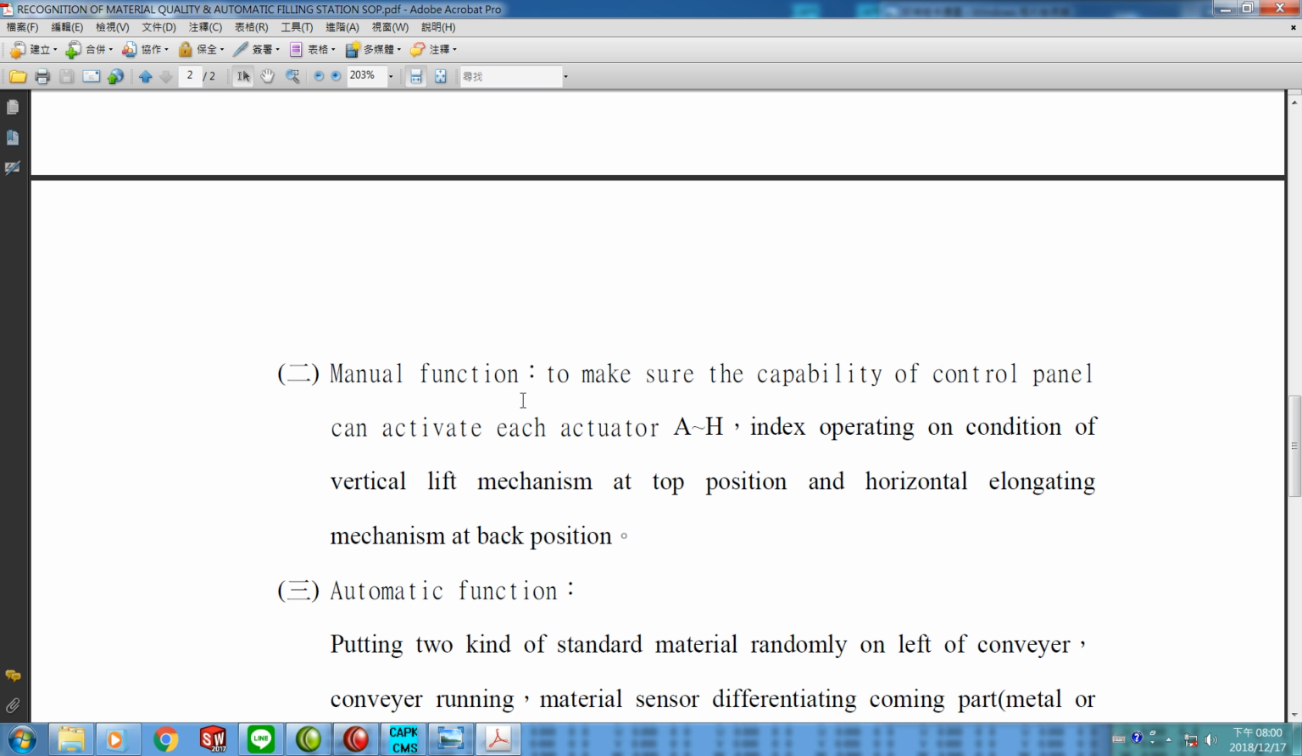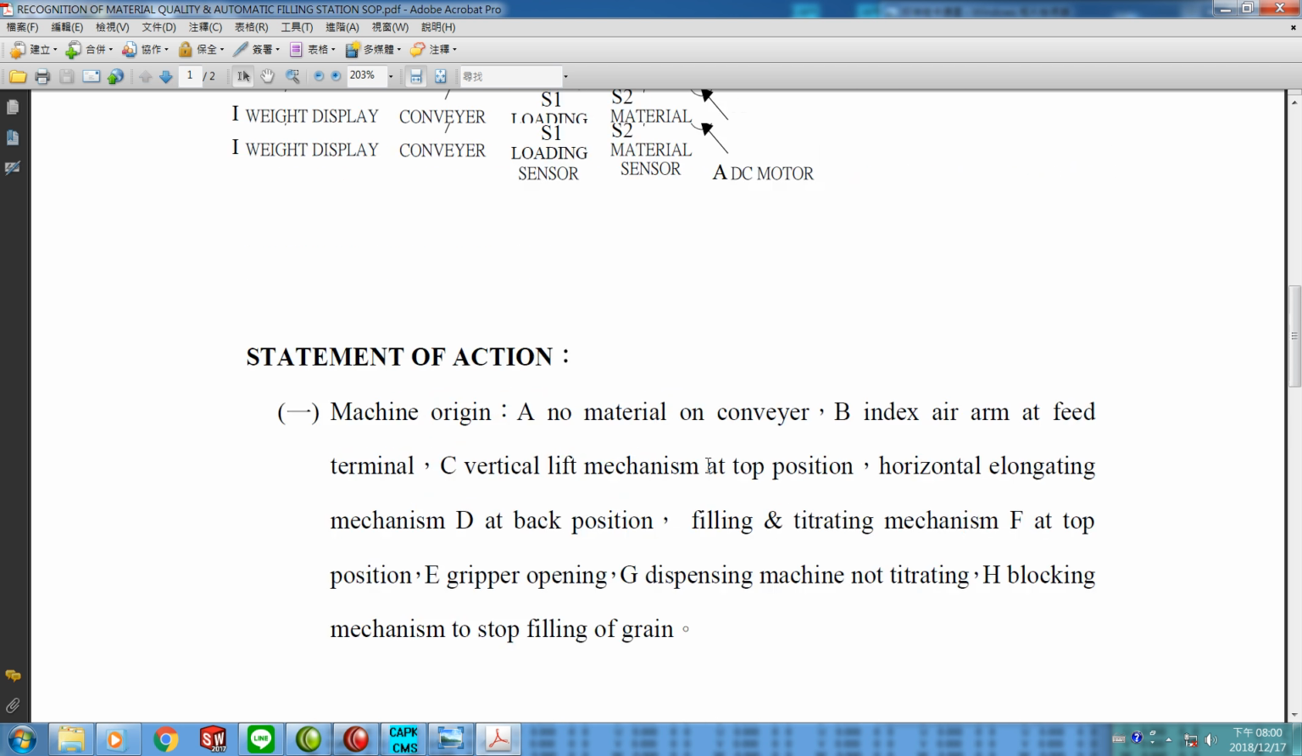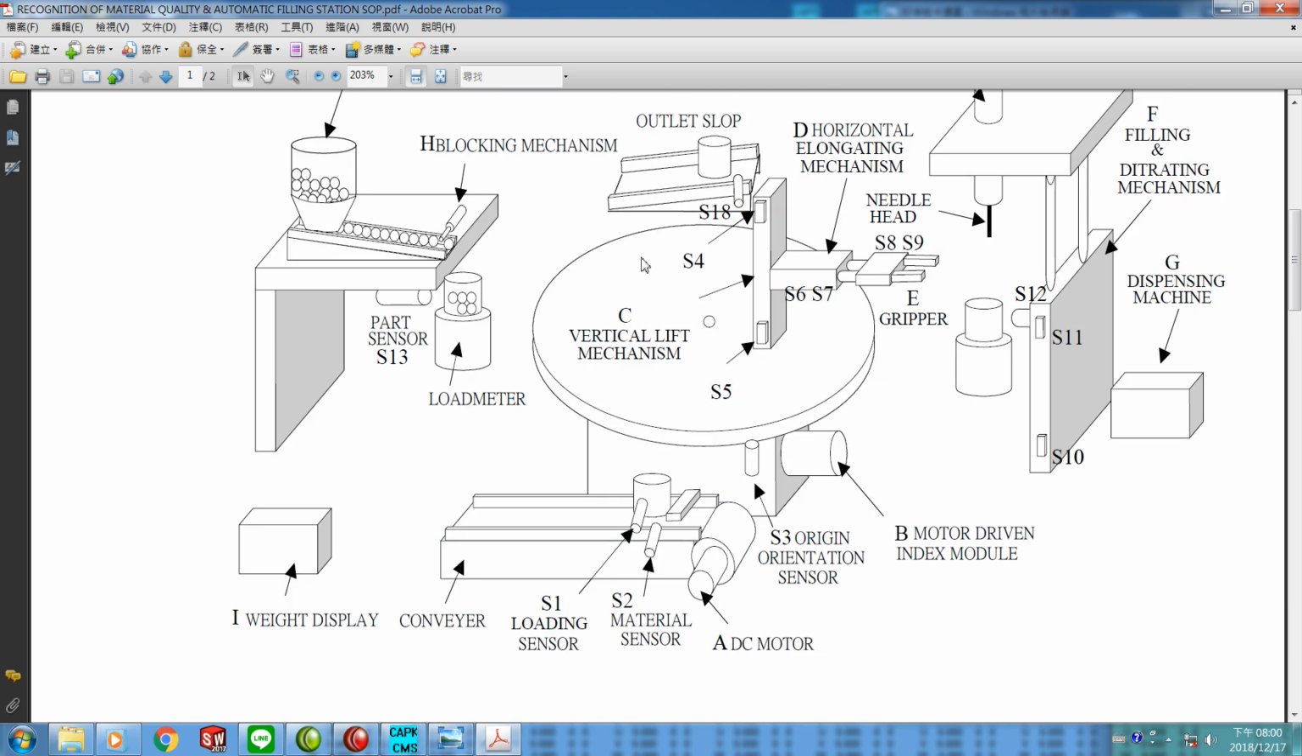The menu functions to make sure the capability of the control panel can activate each actuator, A to H, these 8 outputs. Index operating on condition of vertical lift mechanism at the top position, and a horizontal elongating mechanism at the back position. This means as the turning table turning